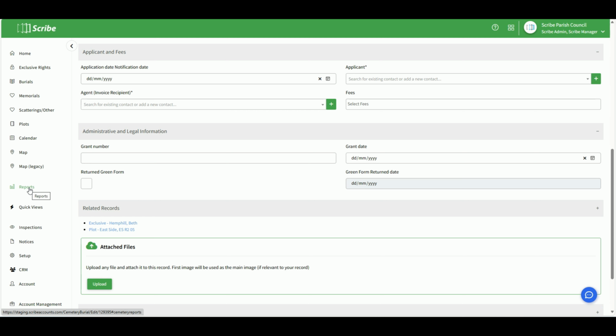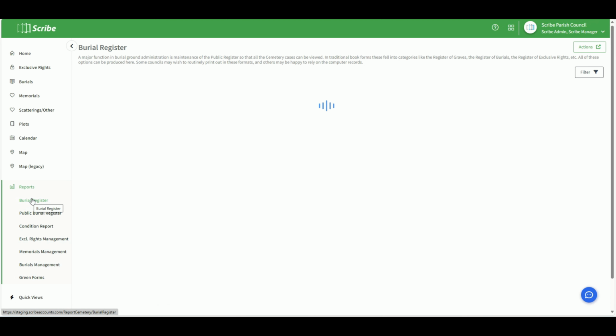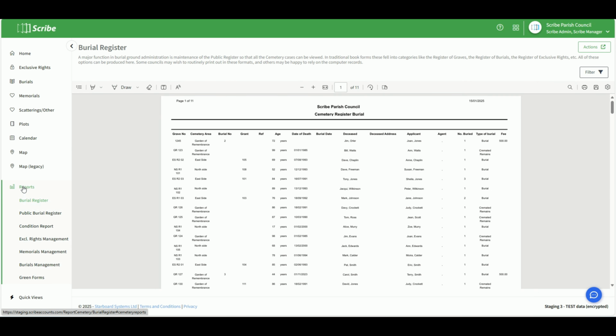The final thing to go through then would be the reports. So the first one we have here is the burial register. So this will produce all of the information that you would like on your burials. Obviously, once in traditional book form, these fell into different categories, such as your register of graves, your register of